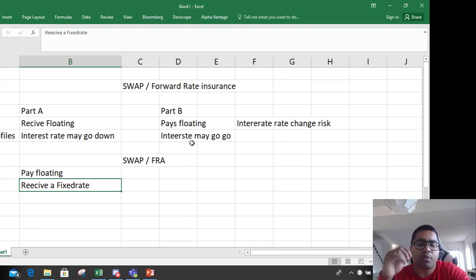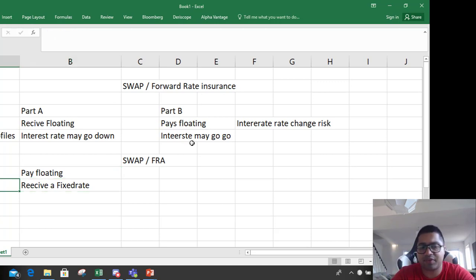Any kind of swap or FRA is a way of converting floating into fixed, right? One way to do it is you pay the floating rate, so you pay LIBOR or the Fed rate, and you receive a fixed rate. Let's say this fixed rate is 3%. So whatever the interest rate going on in the market, you keep on paying that and you receive a fixed payment, right? The other way to do it is